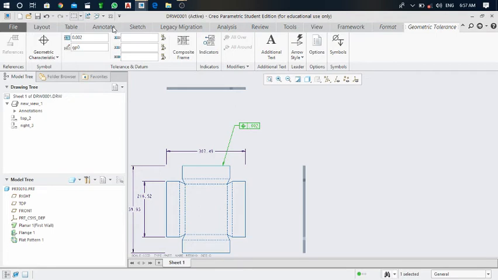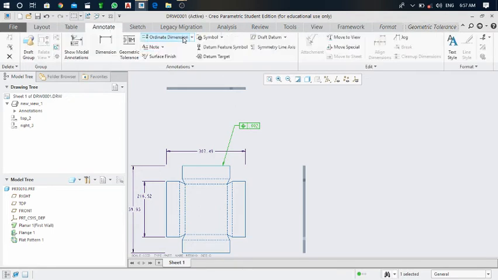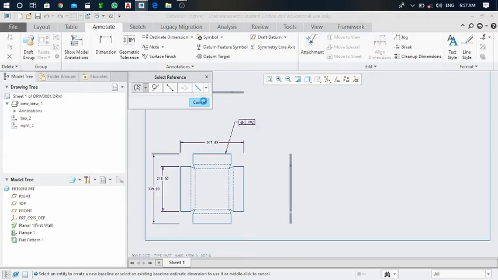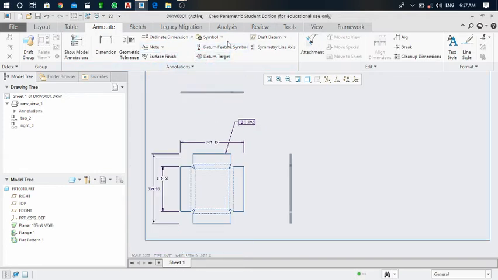Next click again on this annotate, and next what is next? This datum feature symbol. Okay, so we can also give the datums, primary datum and secondary datums, for showing the tolerances.